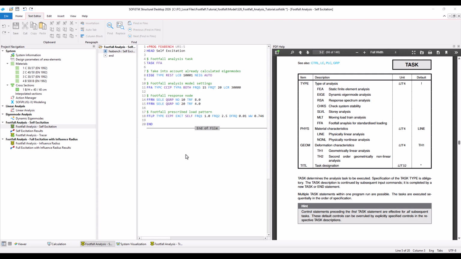In the previous video, we reviewed the report results of the footfall analysis for the case of self-excitation, where node 1592 in the office area was identified as having the maximum response factor. We'll now examine in more detail how this value was obtained using the result tracing feature available within the footfall